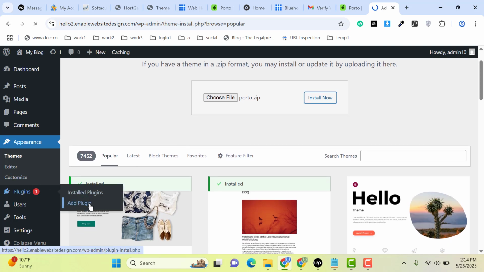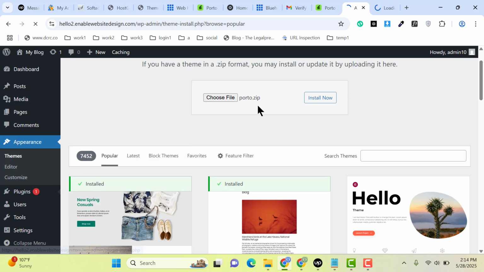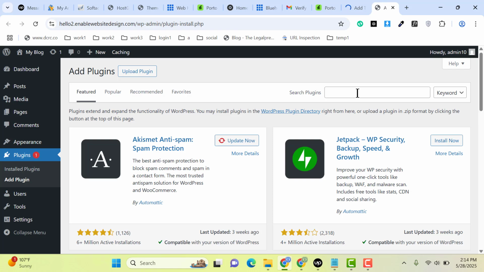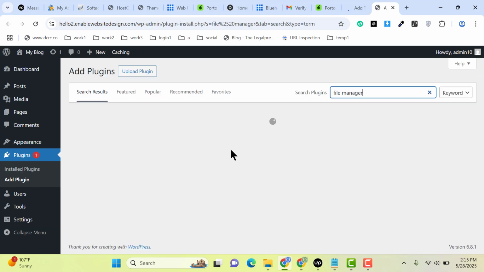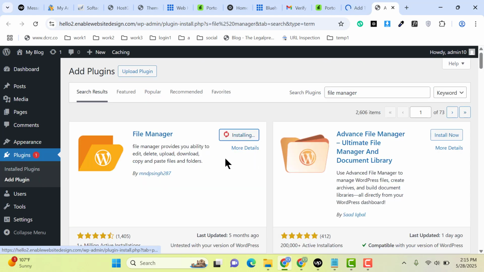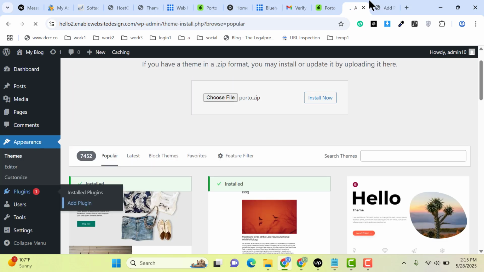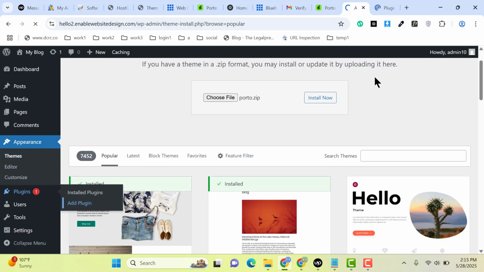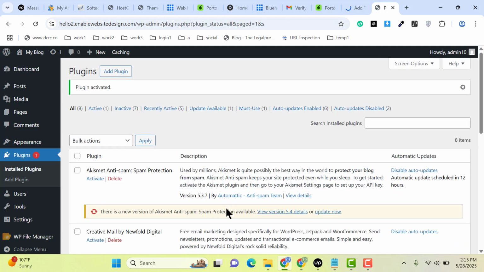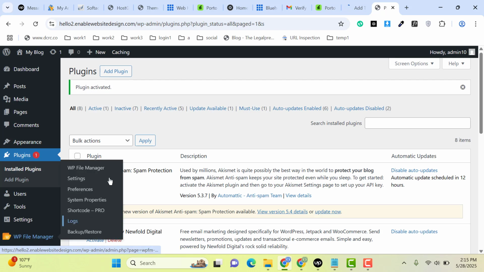And sometimes if you get error in theme installation from here, then you can install a plugin that's called file manager. Install this plugin, activate, then you can go in plugin